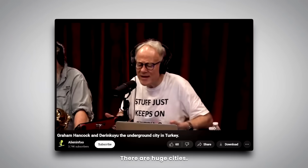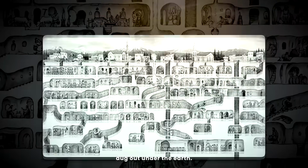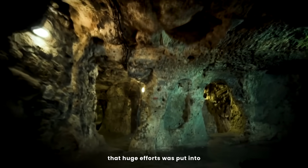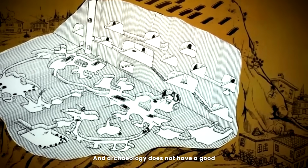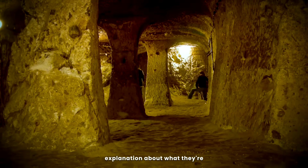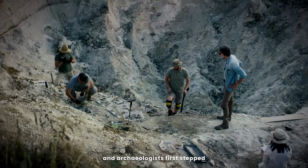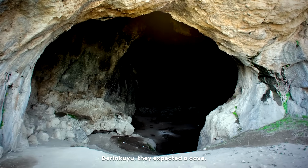There are huge cities. They look like ant farms on an enormous scale that are dug out under the earth. Hundreds and hundreds of rooms. That huge efforts was put into digging deep beneath the earth and creating these shelters. And archaeology does not have a good explanation about what they're there for, or why they were built, or when they were built. When the Turkish authorities and archaeologists first stepped into the darkness beneath Derinkuyu, they expected a cave,